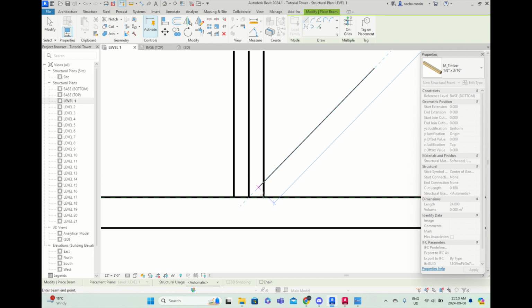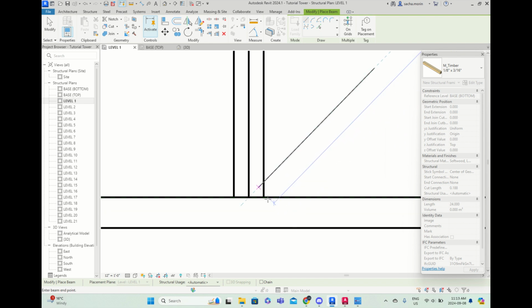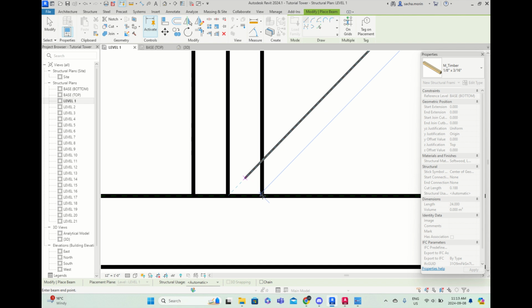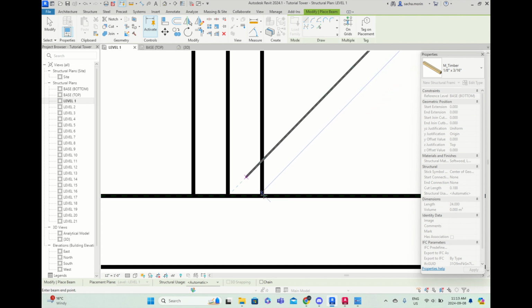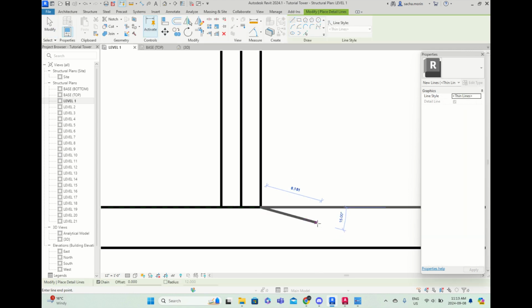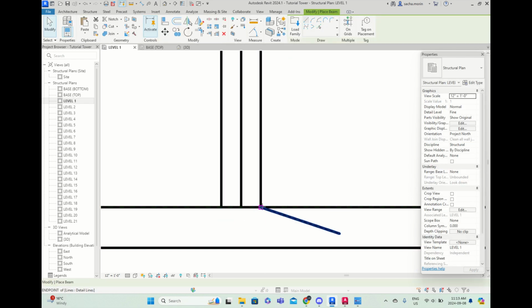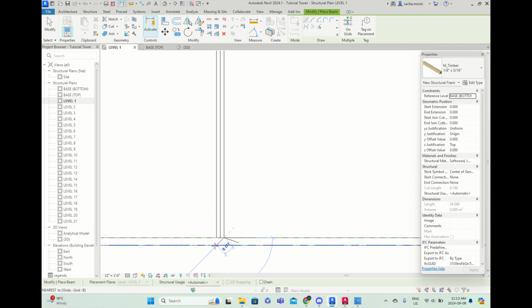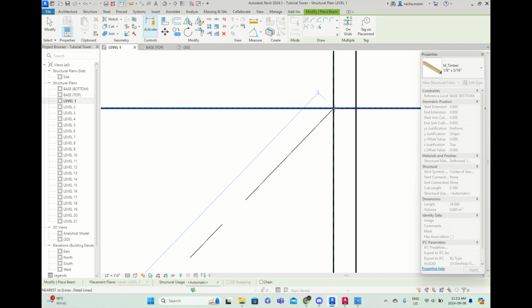But as you can tell, Revit is being a little bit mean to me. The snap-on tool seems to think that I want a 45-degree angle as opposed to this intersection. So to cycle through all the different snap-ons, you can just hit the tab button until it finds intersection. Granted, I don't actually have a design line there, so it won't see it as an intersection. The beams do not count as intersections, just something neat for you to know. So let's go back to BM, click that intersection, come all the way here, cycle with tab,